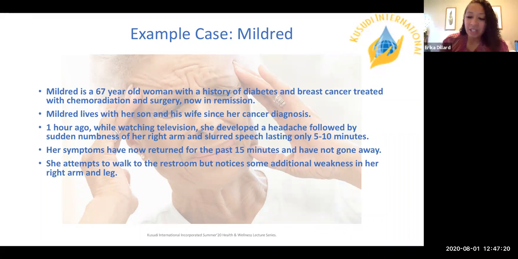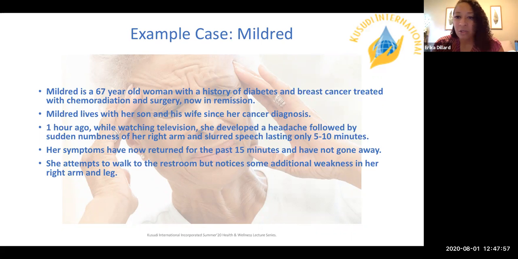So she developed symptoms that lasted for 10 minutes and went away. Those symptoms that she experienced in the beginning were probably a TIA or a mini stroke. She experienced them, they lasted shortly, and then she went back to her baseline. But at that point, she probably should have gone ahead and called for help or picked up the phone herself and called 911. Instead, she waited and then developed the symptoms again. So in between the first symptoms and the redevelopment of symptoms, there was probably about a 45-minute time period that transpired.